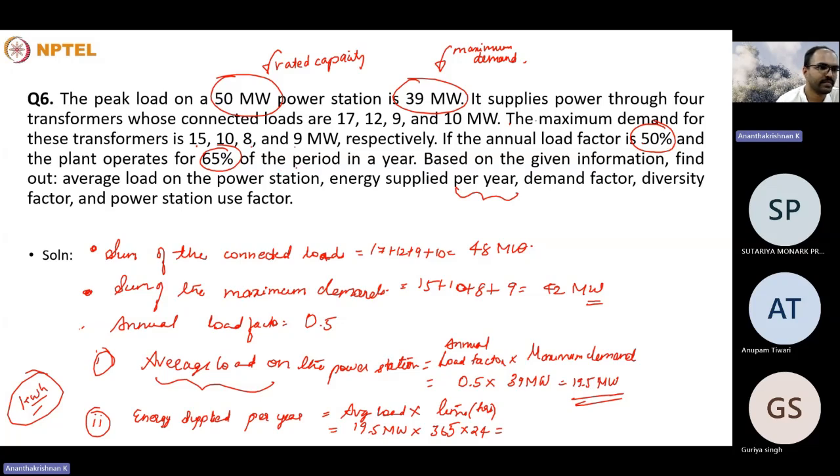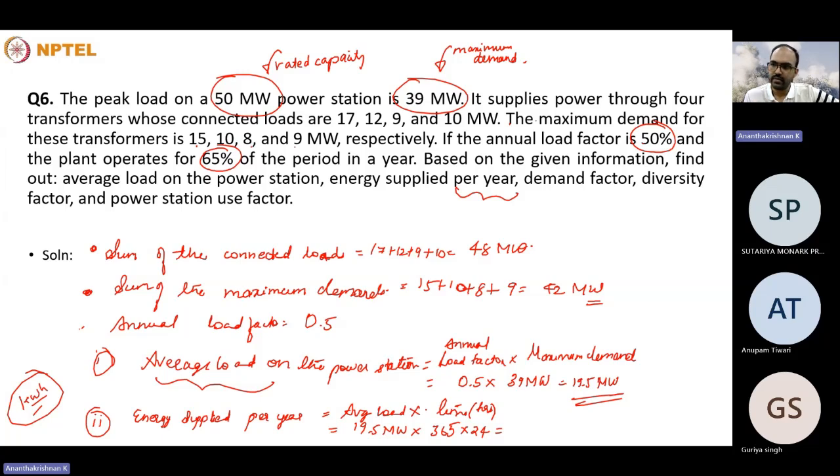The plant operates for 65% of the period in a year, but then again, this 19.5 megawatt load that we have, for a single hour, should take into account the period in which the plant doesn't work as well. I understand that this is tricky and slightly confusing, but the solution that I have prepared,